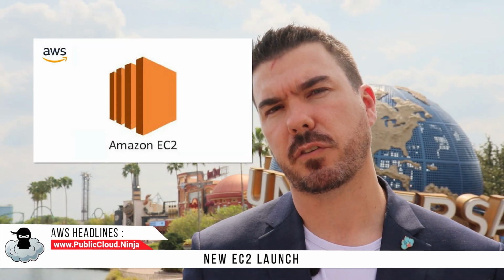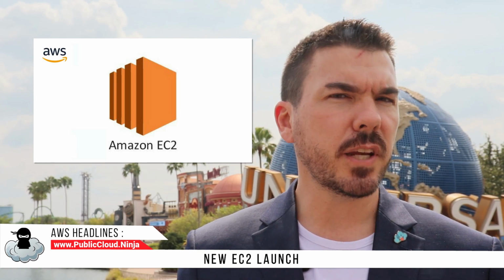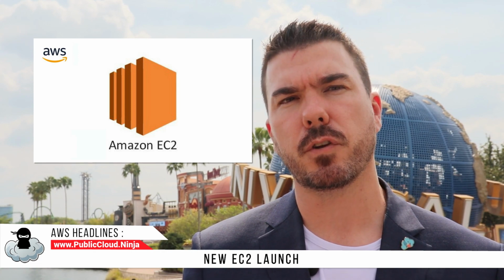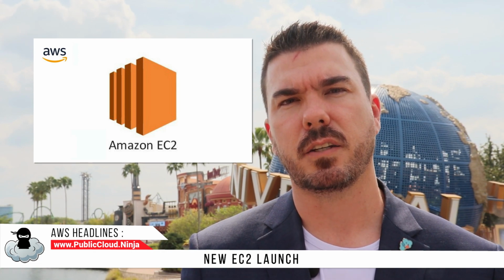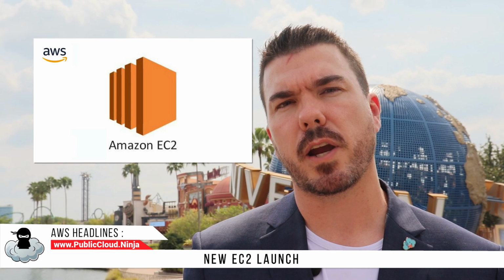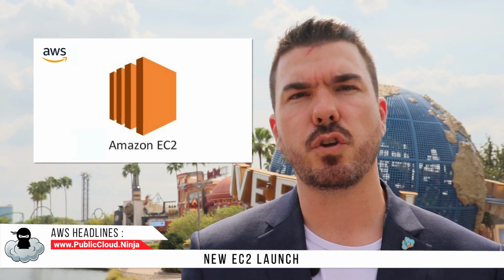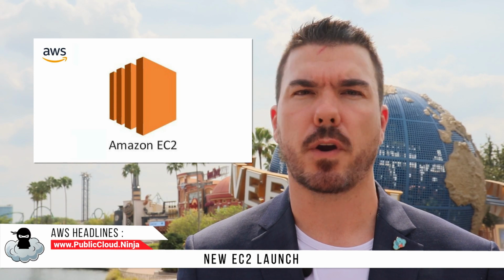And the new EC2 console now has a new launch experience. You do need to click on the Try Now button in the console to activate it, but once you do, you'll find it has all your EC2 configuration options listed on a single scrollable page with a summary of your specifications on the right-hand side, so you can review your configurations as you specify them. Over the coming months, this new view will become the default for everyone unless you're using GovCloud or the China